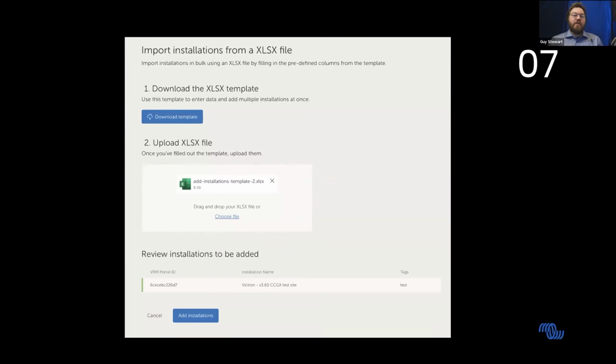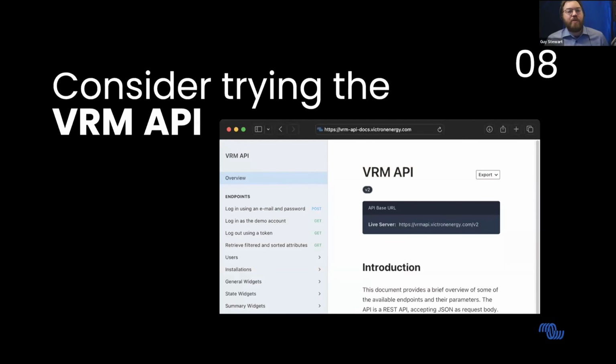It's a nice feature. It was made specifically for an OEM who was doing this a lot and asking us to help him roll things out. What we actually found, because it took us a while to make it, and this is something I want to mention about a few different Victron features, is when we make a feature for Victron, for all of our customers, it has lots of considerations. It has to really work for everybody.